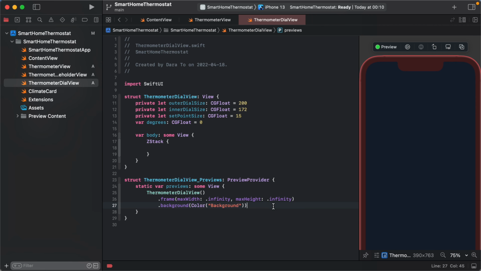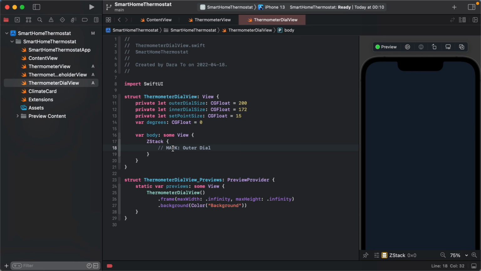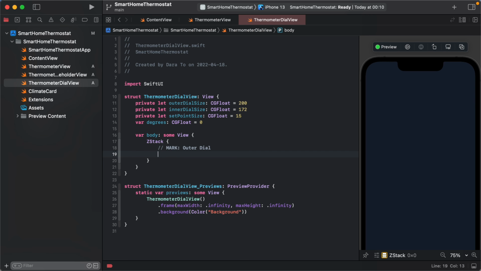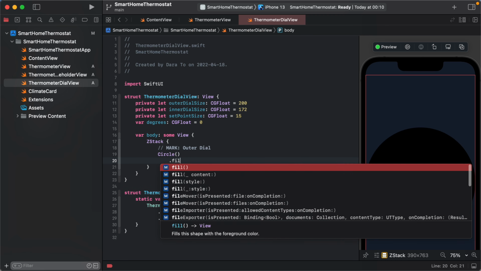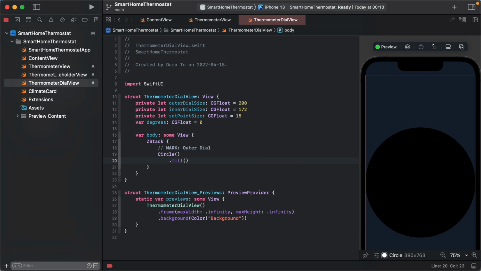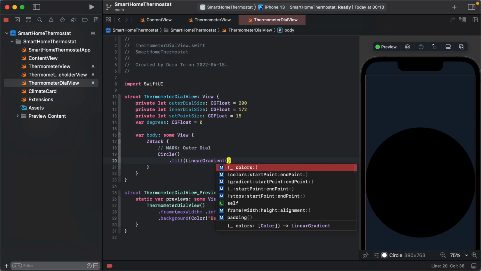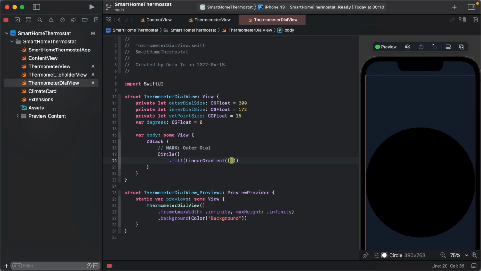Let's lay down the outer dial first. Nothing new, it's going to be yet another circle, but with 2 drop shadows. Inside the ZStack, this is the outer dial, circle, fill, with linear gradient. The colors are